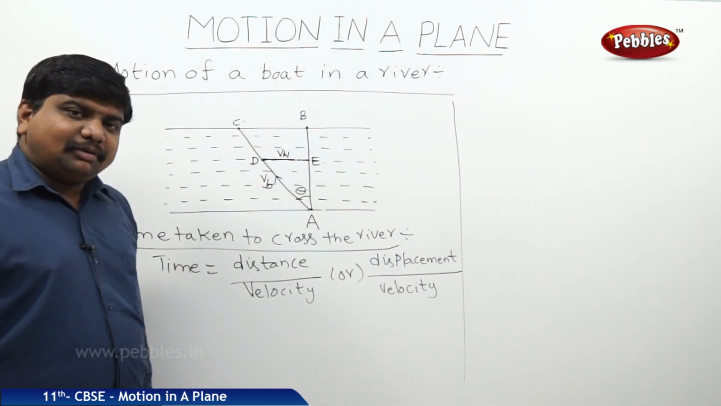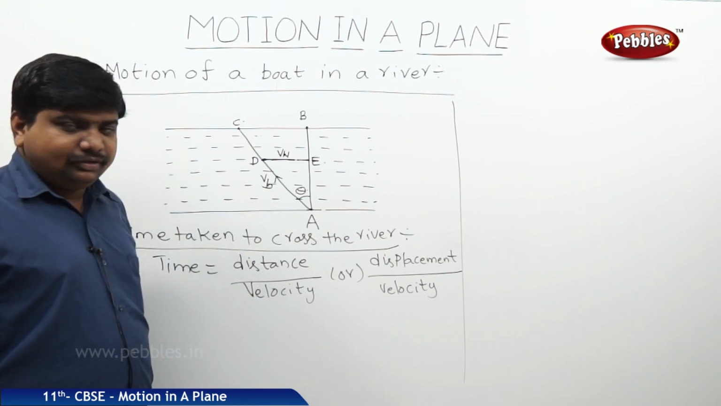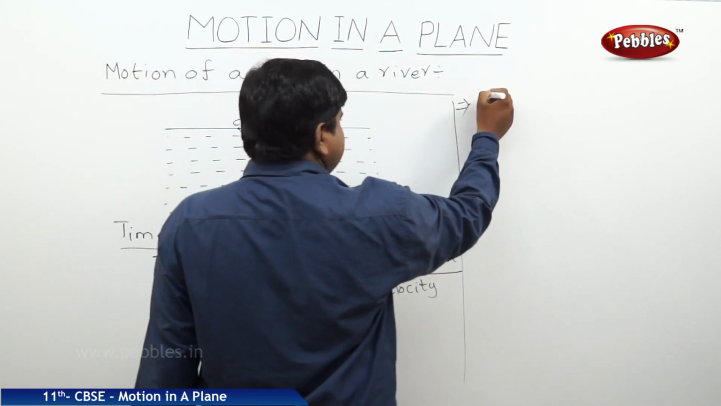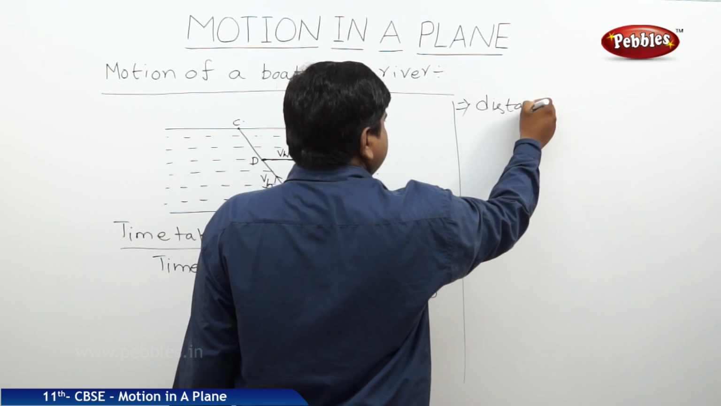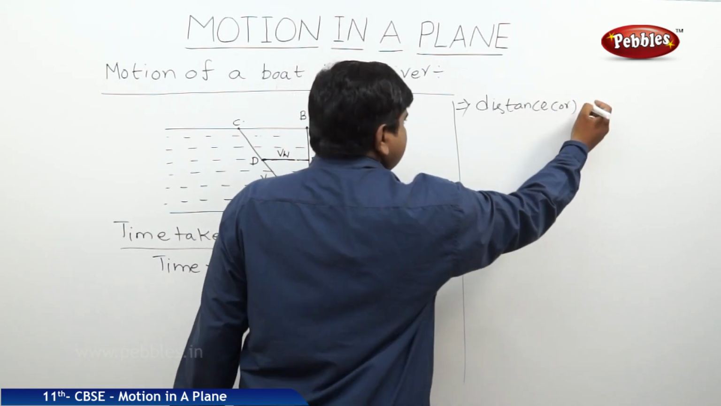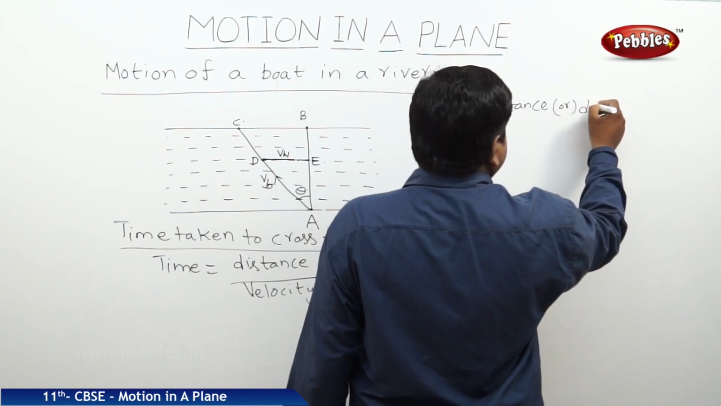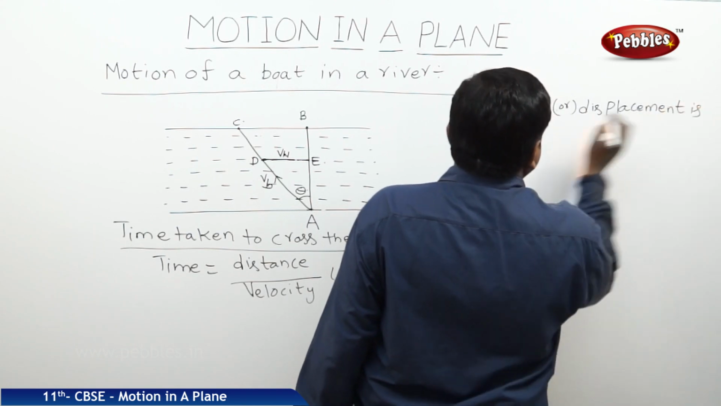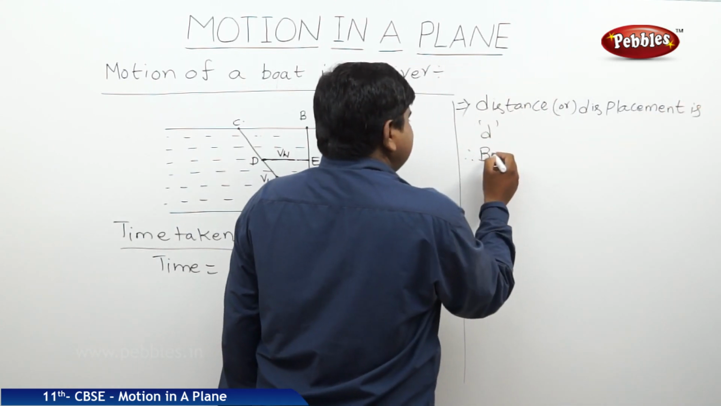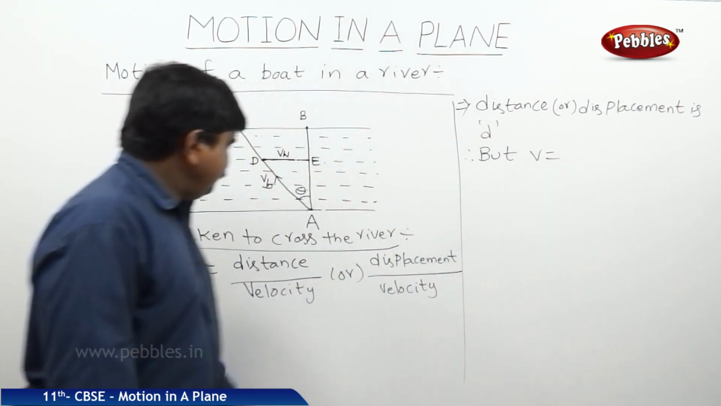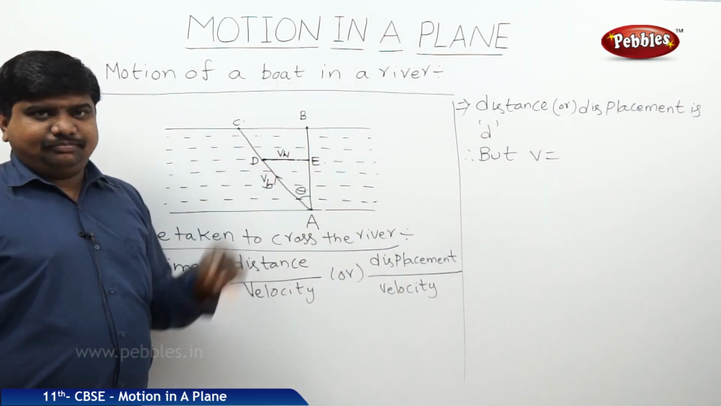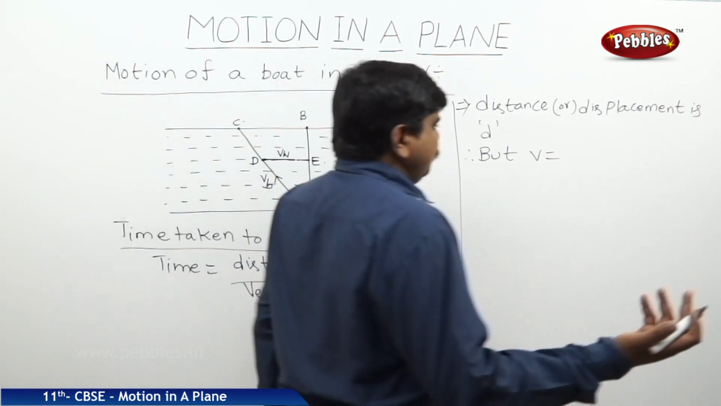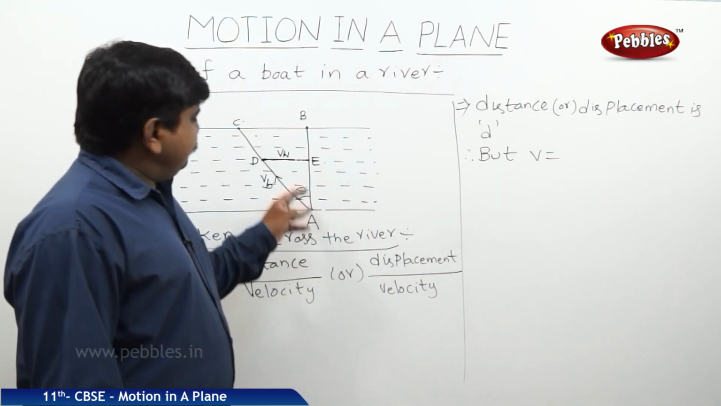So what is the minimum time or maximum time to be taken? We will find out now. If this is the case, what we can understand is where distance or displacement is small d, but velocity is equal to square root of Vb square minus Vw square. So the final velocity we should get is Vb square minus Vw square,